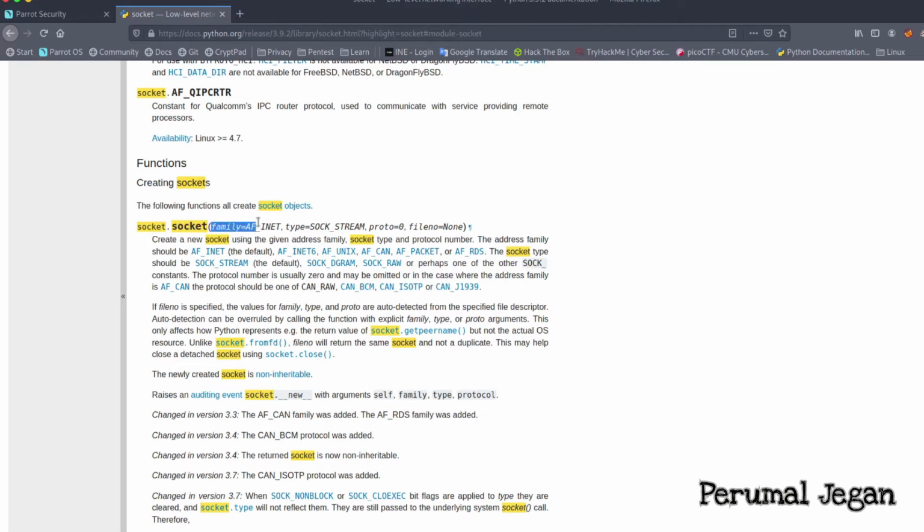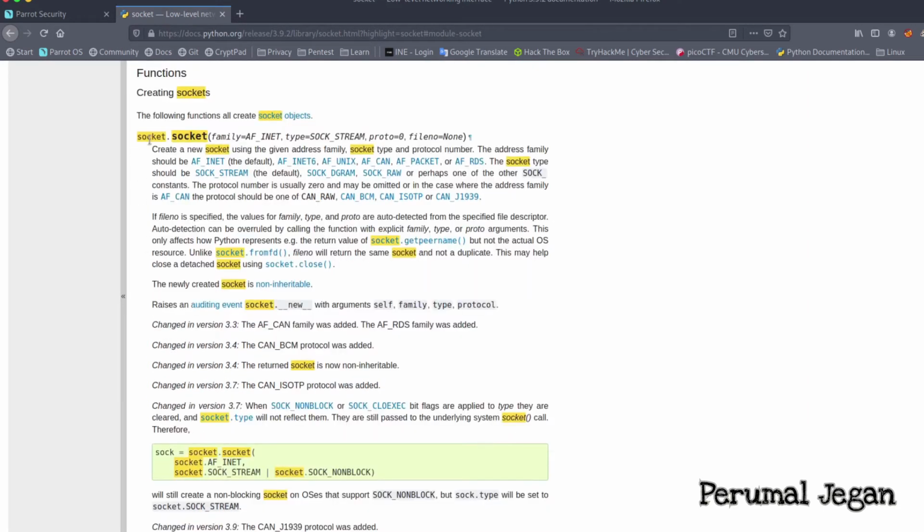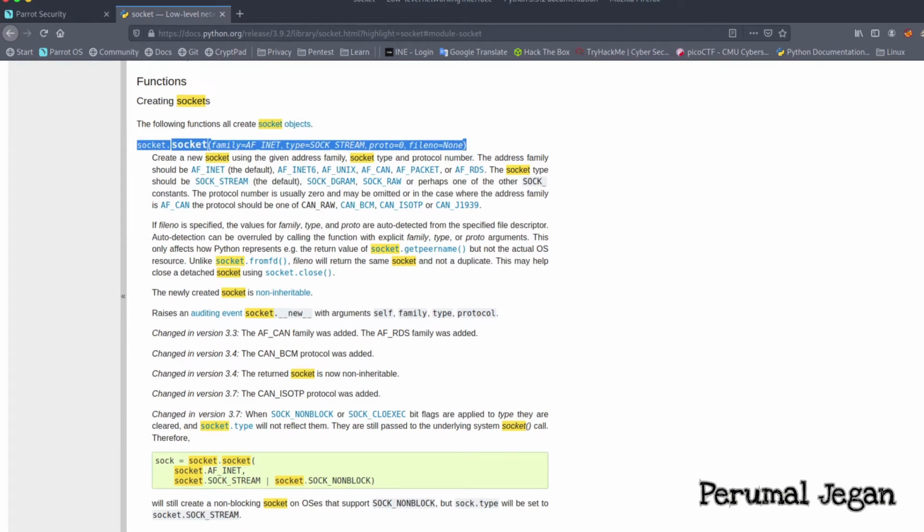Inside the function, we will be calling the arguments, the address family argument and the type, SOCK_STREAM. This function is very important and we are going to use it often. These are all predefined functions, so you can simply call them when you are creating a program. You can also create your own functions.